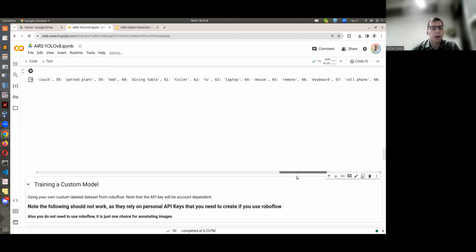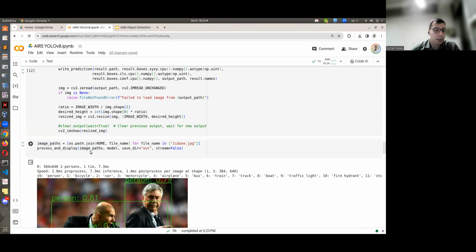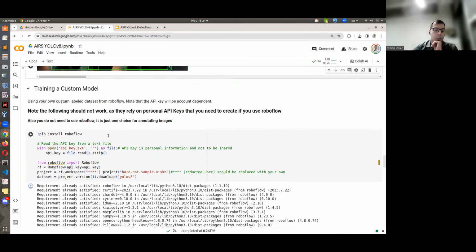So if you are interested in just any of these, you can use the pre-trained models. But if you are looking for this model to predict something that you don't find here, that means you need to train this model using your own data. So any questions so far?